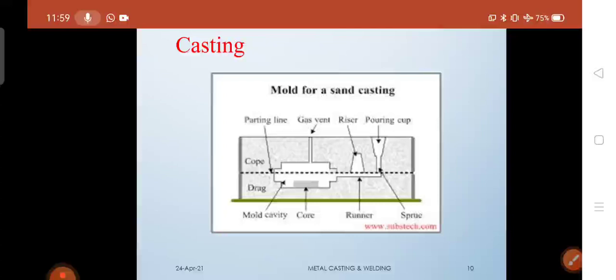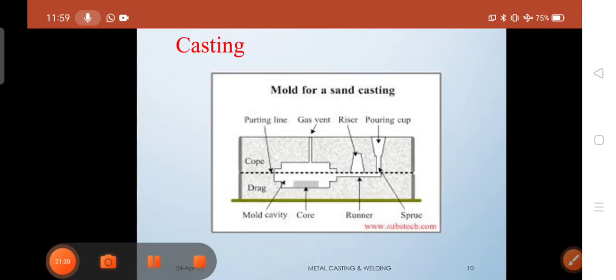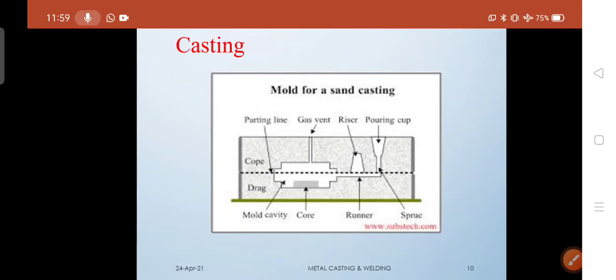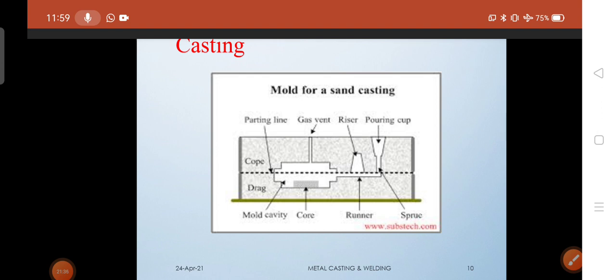The next step is to remove that pattern, and the next step is to pour the molten metal inside that cavity, followed by the solidification process. And once the solidification is done, we take the product out, and we send it to the cleaning section. So in this way, this casting process works.